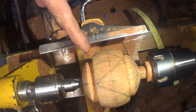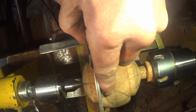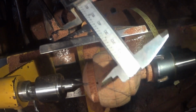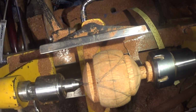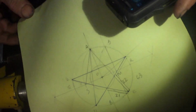Right, then I've parted in a little way, took my vernier and measured the diameter of the circle. I've done it on both sides to double check, and it gives me a 63.2mm diameter circle. So what I've done then, let me just make sure we can see this. Yep, I've drawn a